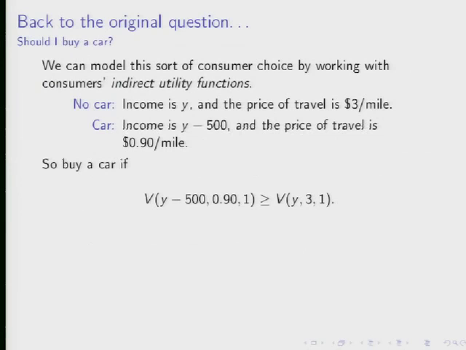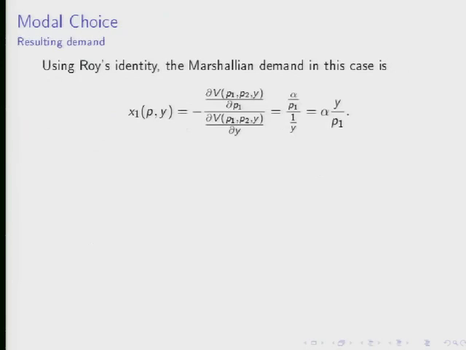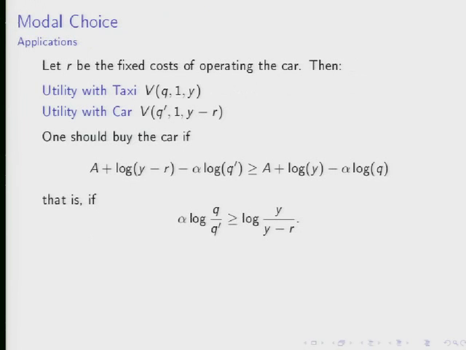That's the same inequality we had here. I just made it more general, so it involves prices q prime and the fixed costs r instead. With other goods, it simplifies quite a bit. So this says we should buy a car instead of taking a taxi, or walking for that matter, if it's